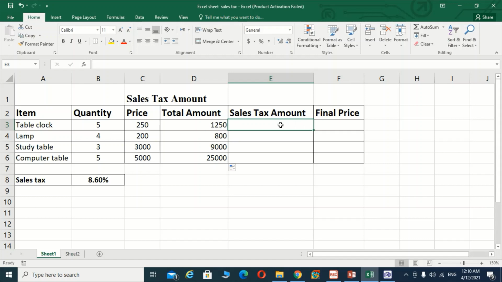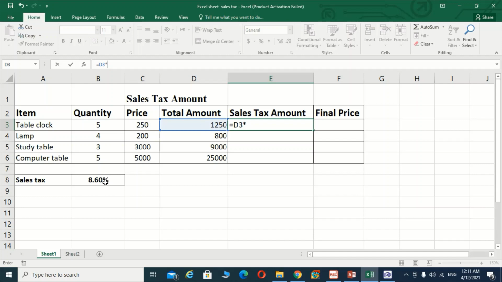Again you have to select the particular cell address where you want to calculate the sales tax amount, and after that move towards the FX window, write again equal to, and the amount on which you want the sales tax, that is D3, and you have to multiply with the cell address that has the amount of sales tax,